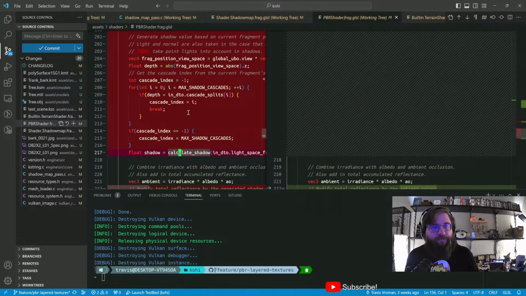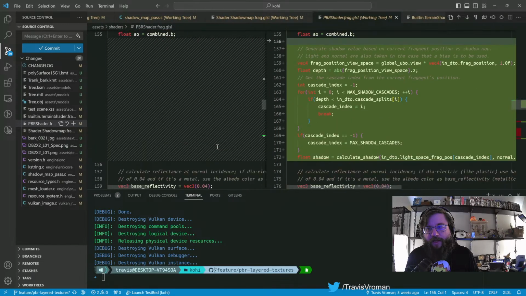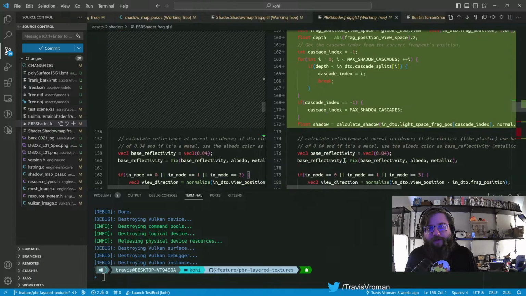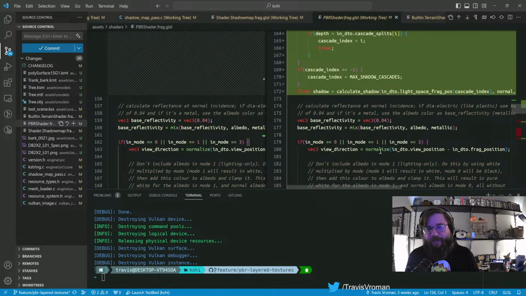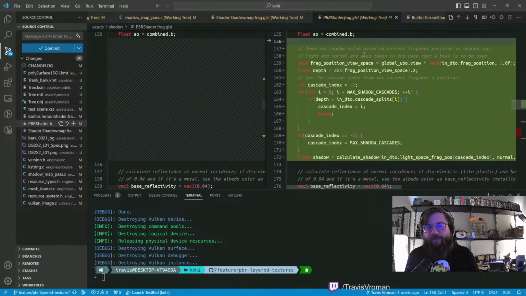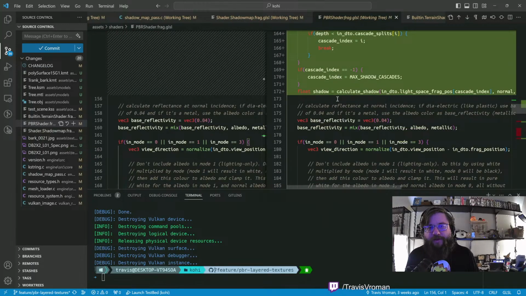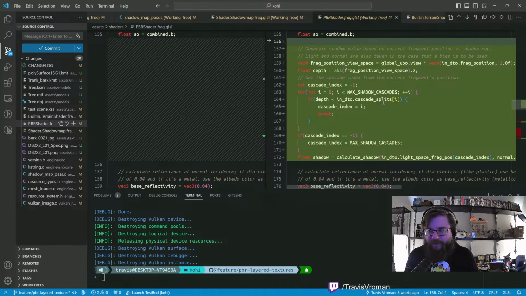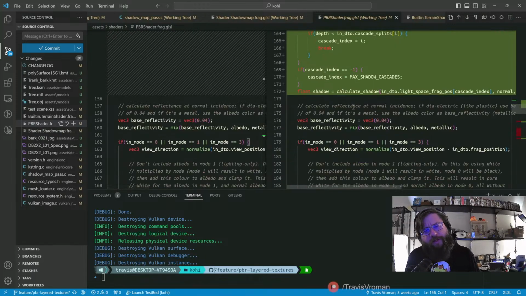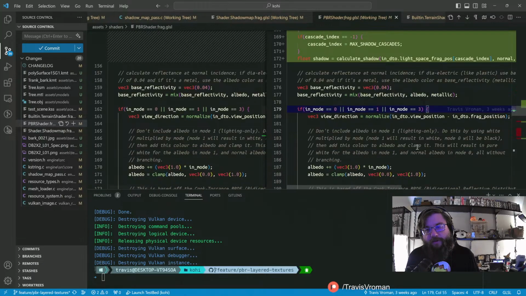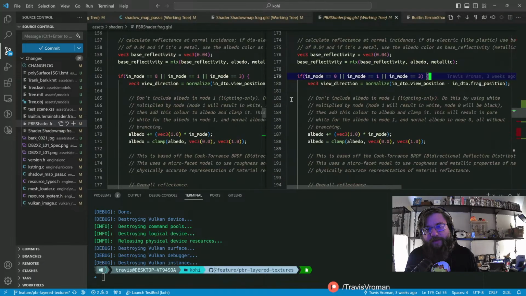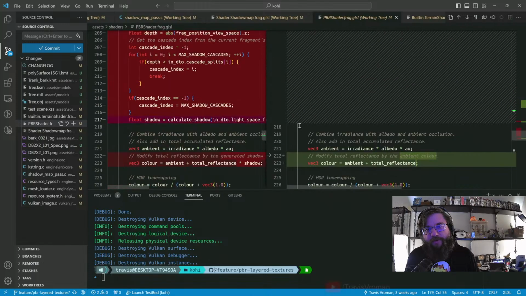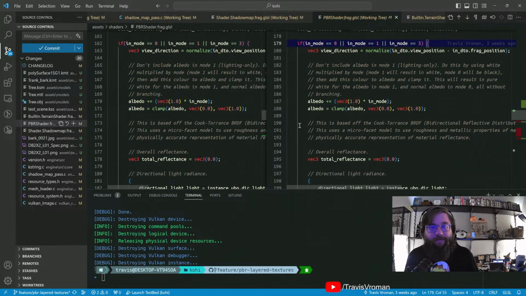And so all we did was we basically took this entire block of code and moved it up to above where we actually use it, right? The reason that we've done this is because we don't necessarily want the shadow to affect all light types. And actually, I probably should move that inside of here, come to think of it, because we don't necessarily need to run this in view 2 or in mode 2. But anyway,